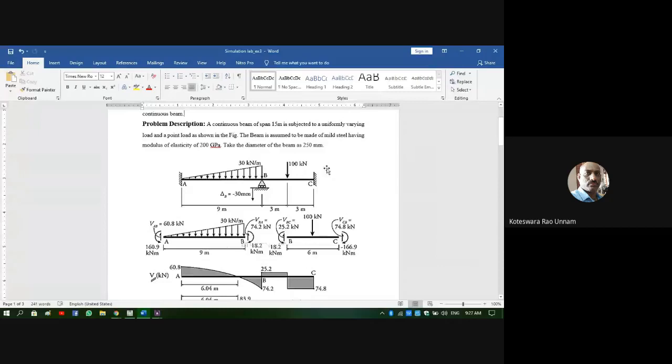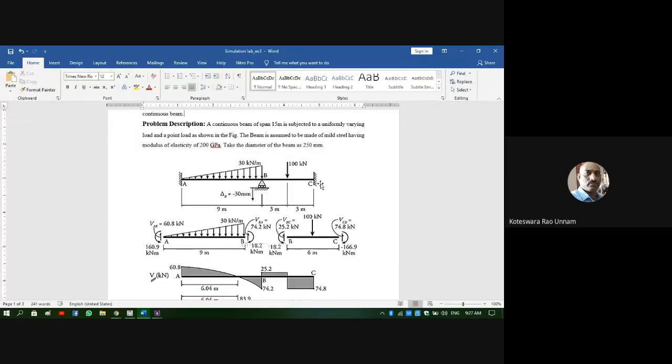In that case, what I need to do is 15 divided by 75. I have to calculate each element length. The length of each element will become 15 by 75, which comes out as 0.2 meters. By first specifying the number of divisions, I will mesh these lines to convert the geometry into an FE model. So that is how you can create the geometry and then convert it into the FE model.